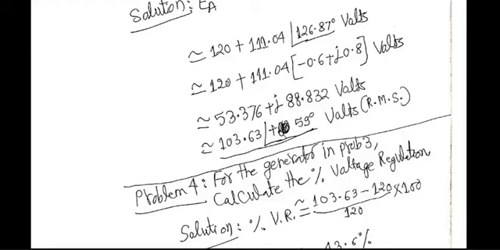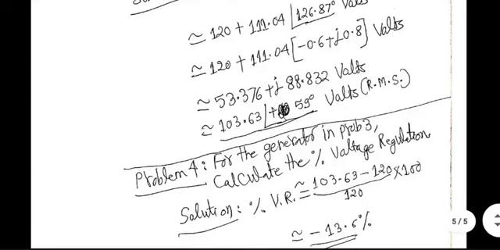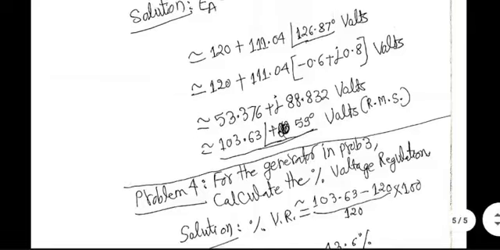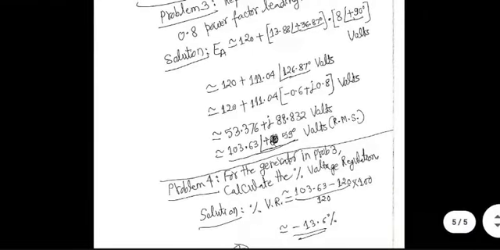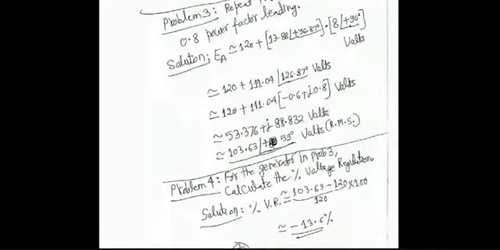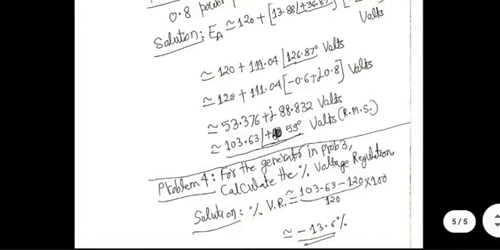Now, voltage regulation for this case is not that bad. No load voltage is 103.63 volts. Full load voltage is 120 volts. But if you do the calculation, you get negative voltage regulation. That means full load voltage is higher than the no load voltage. Very unnatural, it seems, but that's the way it is. Experiments have confirmed this, theory is predicting it.